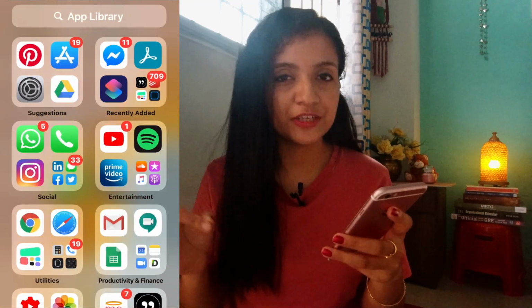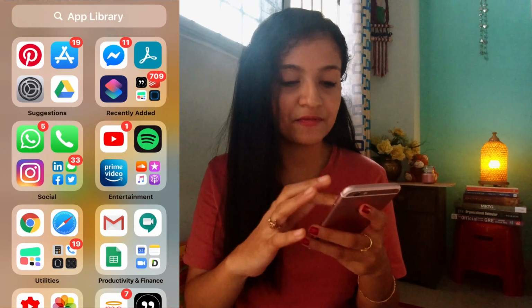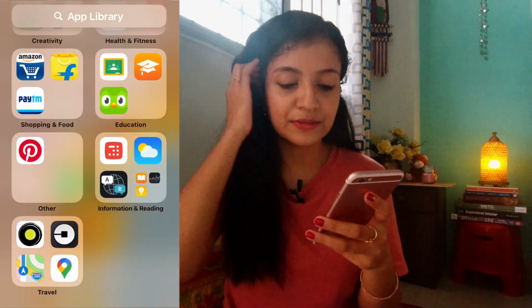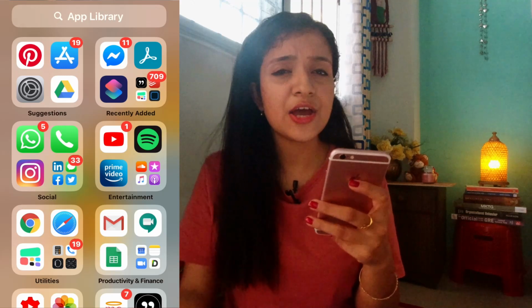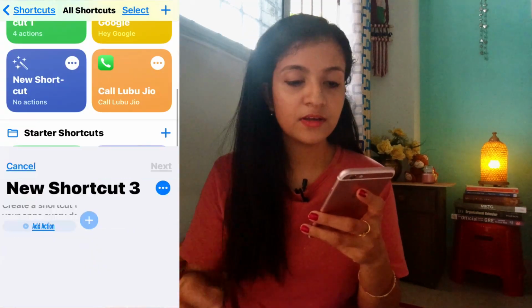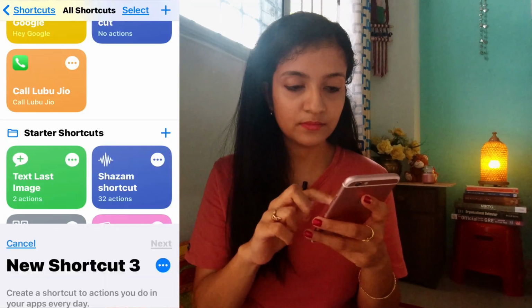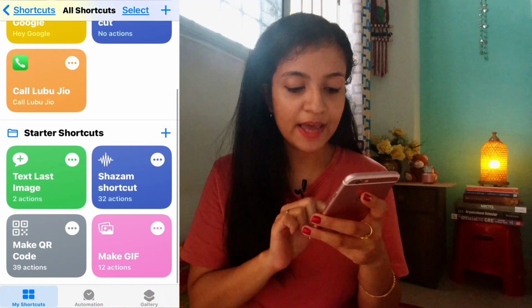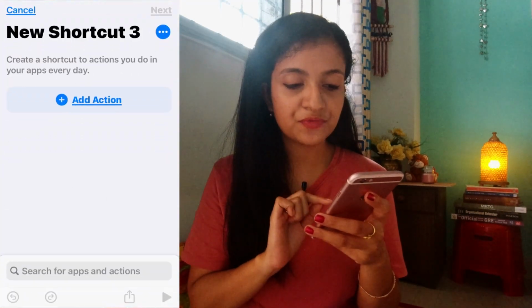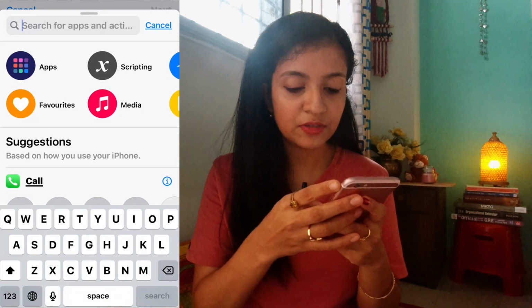And a very good feature of iOS 14, I liked it, this app library. Here you can find anything, and it's so easy to get it. So the first thing I'll do, I'll go to Shortcuts. So here you can see, after going to Shortcuts, you need to add this plus button, and then downward you can search for the apps you want to change. So suppose I will start with Open App.